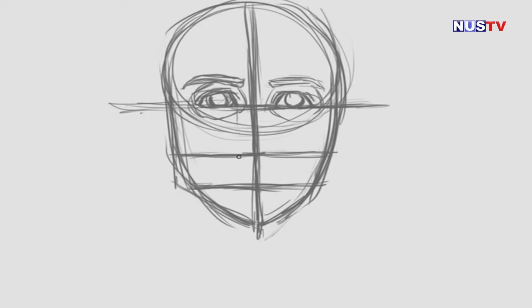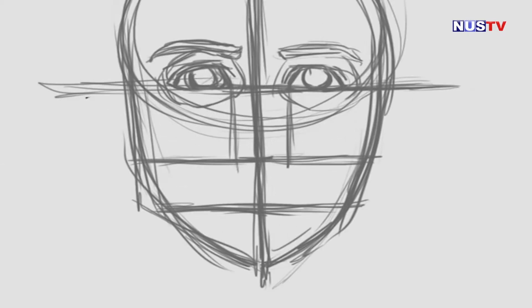Now we have the nose. The nose's width is about the same width as the distance between the eyes. And sometimes it feels like that's really wide, but really, once you get used to it, it's fairly accurate most of the time. Always depends on the face, but